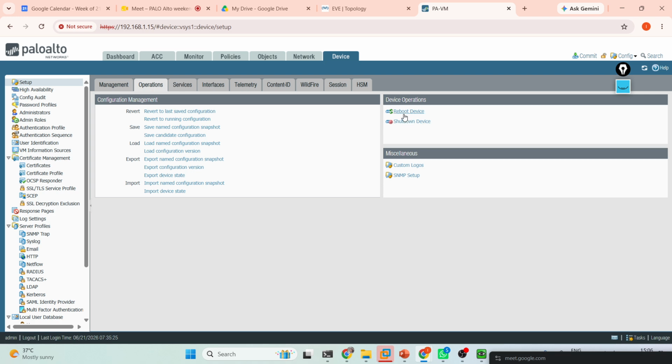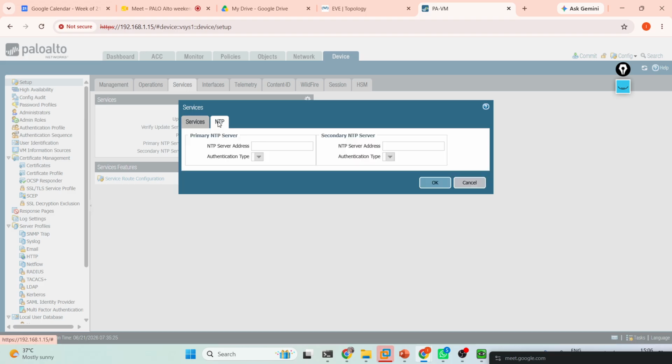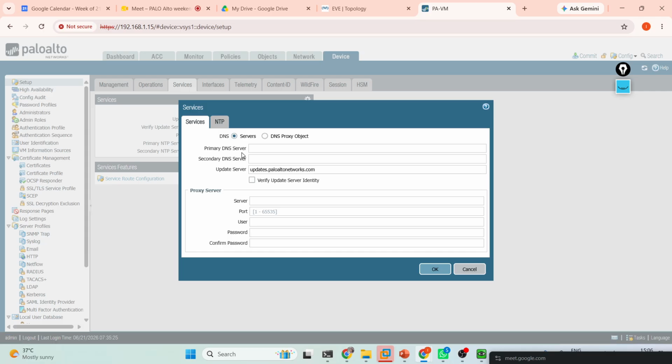If you want to do a software reboot, you can do it from here. Shut down your device, you can do from here, instead of using the button. Services, like this is the DNS server. If you want to configure the DNS and NTP, you can provide the NTP server name here. If you have your NTP server name, you can provide it here. And if you have the DNS, like primary DNS, right now I'm providing this